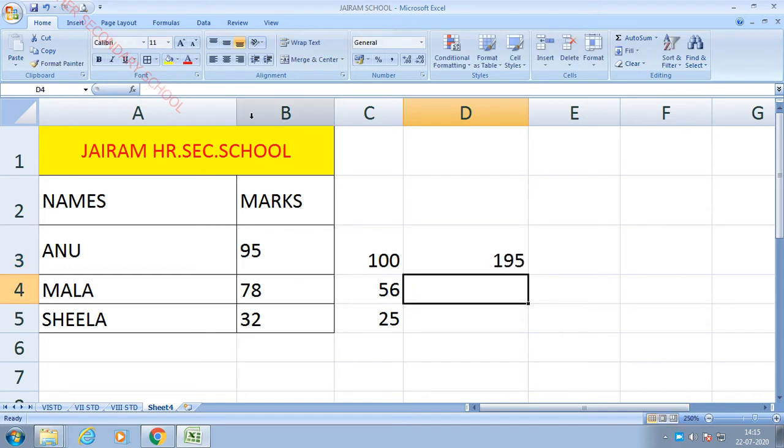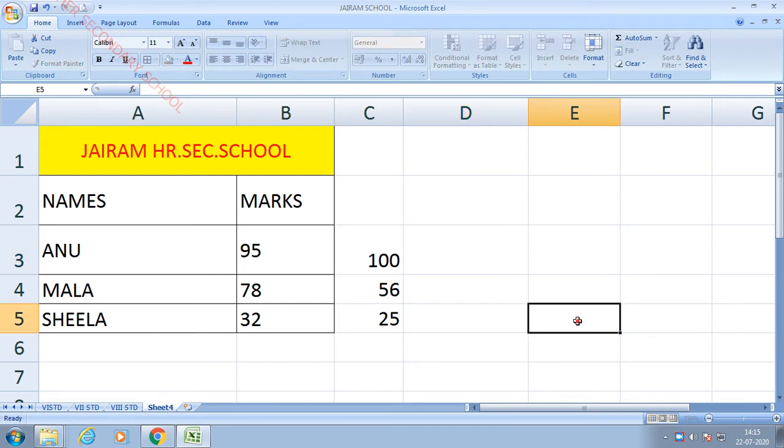I told you already, this is called the formula bar because it shows the formula here. Okay, so here we are seeing a number, but if you place the cursor here, it shows the formula on the formula bar. That's why it is called a formula bar. Okay, so next we are going to see how to calculate the value with the help of options.